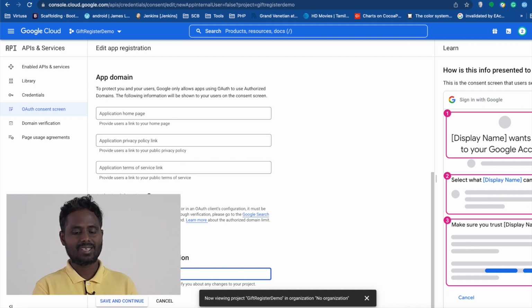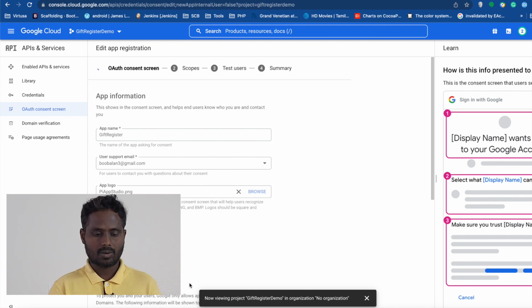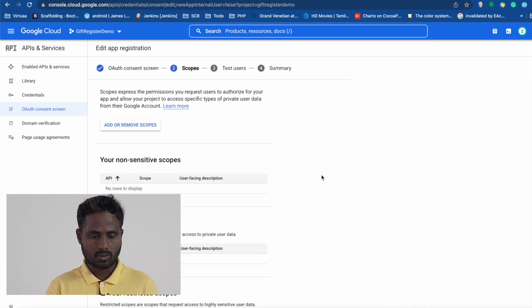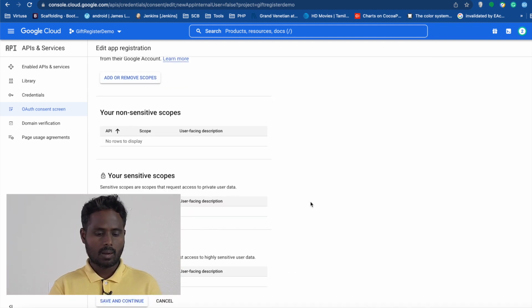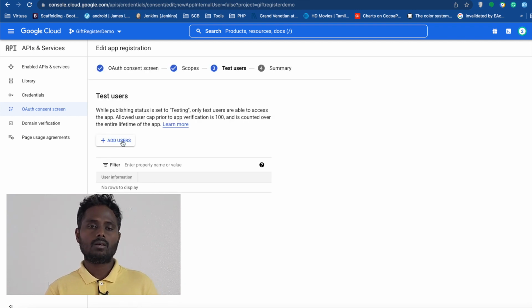So I save, and once everything is done, you'll have to go to the scope, add no scope. I'm not doing anything here at the moment. For test users, yes, we need this one because once these APIs get integrated, I want to test it with the email address. So for testing purposes, I say